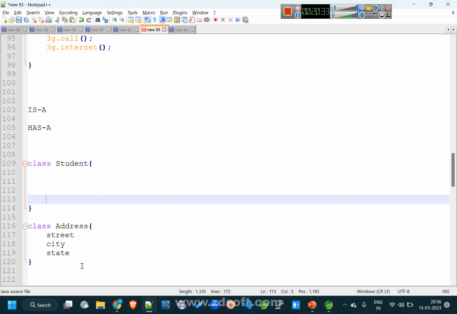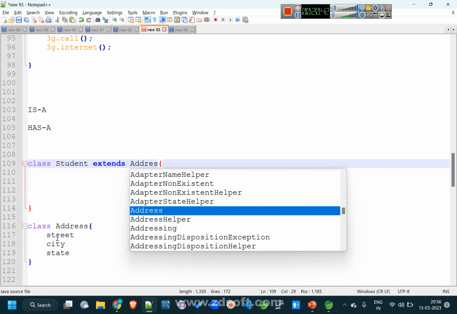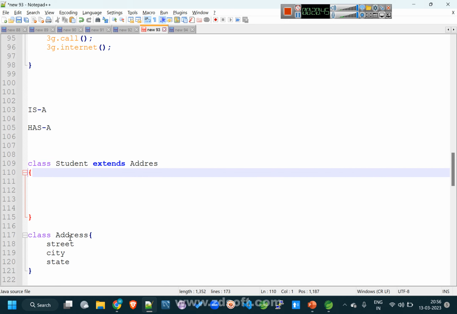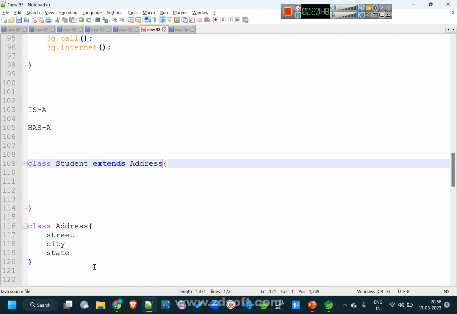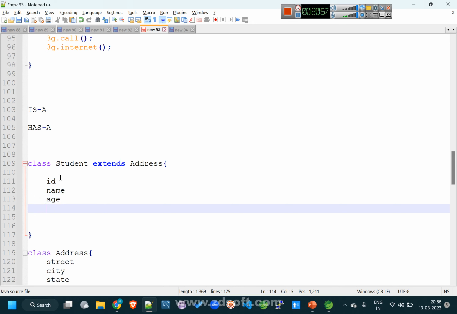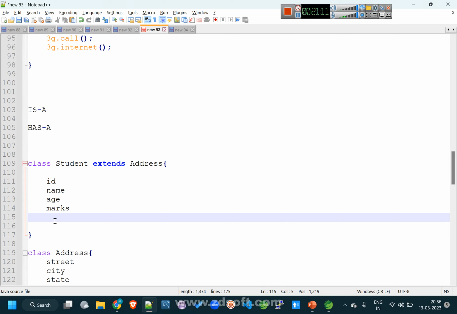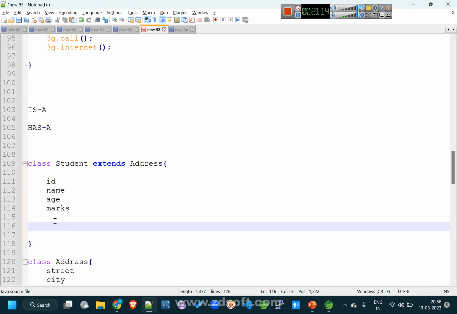So when I'm going to create a student, instead of using extends, extends address means I'm going to add the same thing only. That means it is going to add them along with the fields. Suppose in the fields I add ID, name, age, and something like marks. Apart from this, if I provide the extends, it is going to add these three fields also,